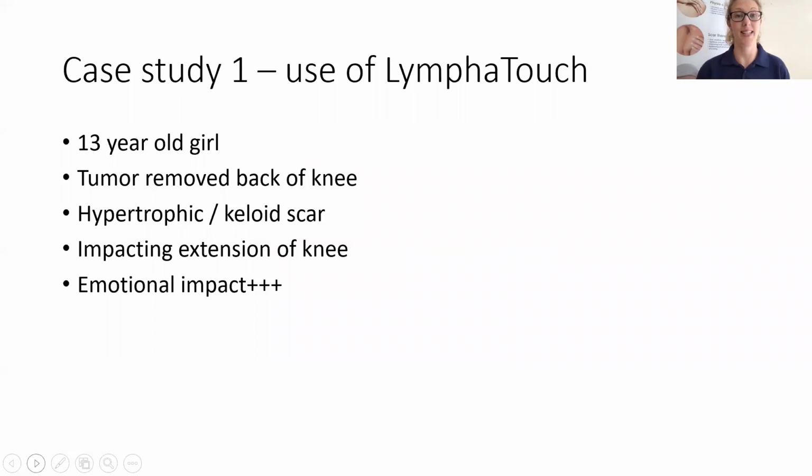So my first case study that I want to share with you is an amazing 13-year-old girl. She had pain in the back of her knee. She plays football at a really high level, and they thought she had a football injury, and she came off the pitch with knee pain. It just so happened that she had a tumour in the back of her knee, and unfortunately that had to be removed. And the scar looked very neat right at the beginning, but then unfortunately went from a hypertrophic scar,